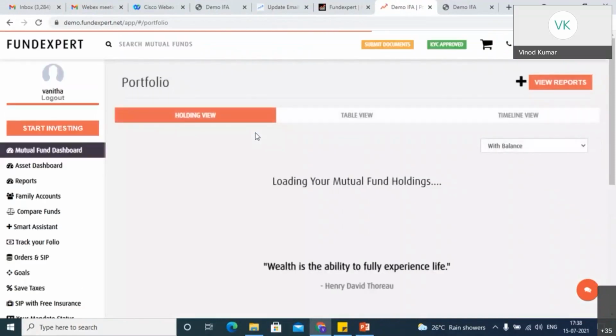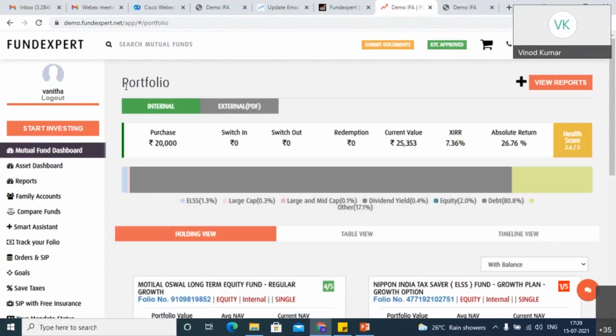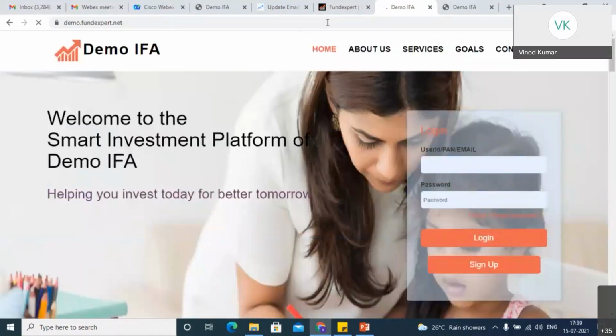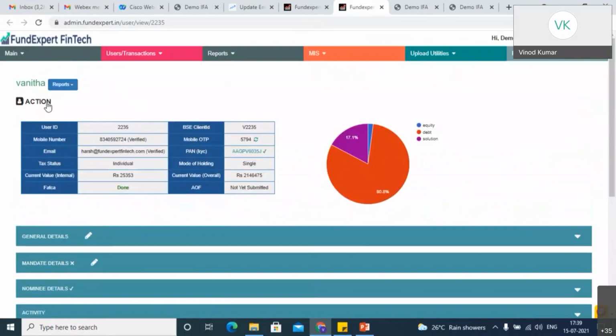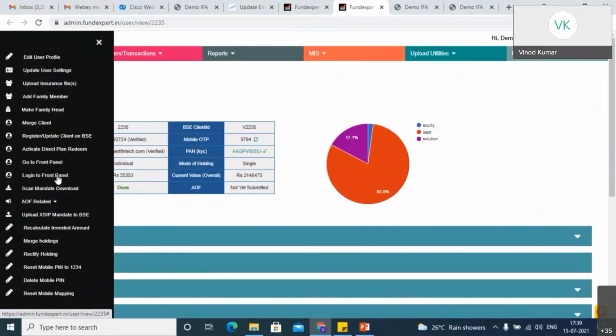Now, if you want to do any investment or transaction, you can directly do it here. But one important step: after doing anything in this, if you want to log into some other client, you have to first log out here. Then go to the next client and you can log into that particular client account. You can give log into front panel, it will go inside that also.